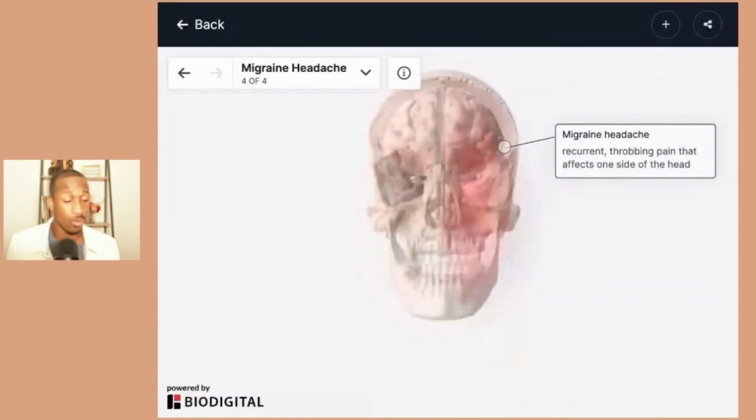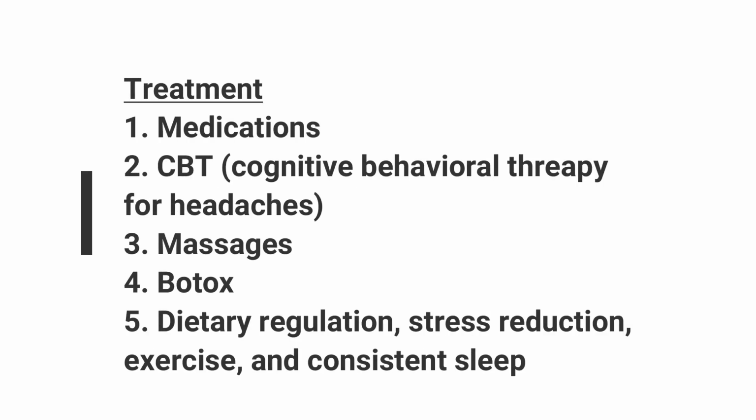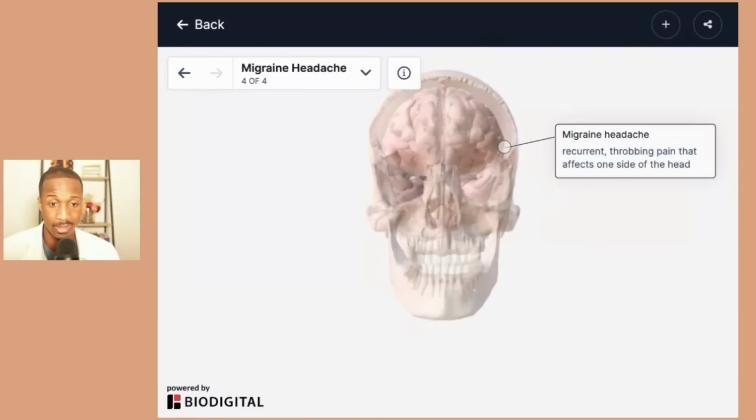I've also seen a lot of patients who will get different types of treatment, like Botox. What's really happening with migraines is that there's a nerve impulse that's happening. And so Botox typically does help with that to some extent. So again, a combination of treatment is probably what's going to be the best for migraines, tension headaches, sinus headaches, as well as cluster headaches.